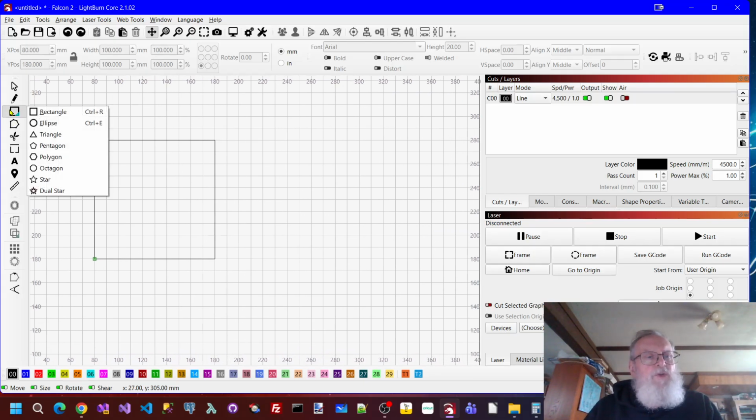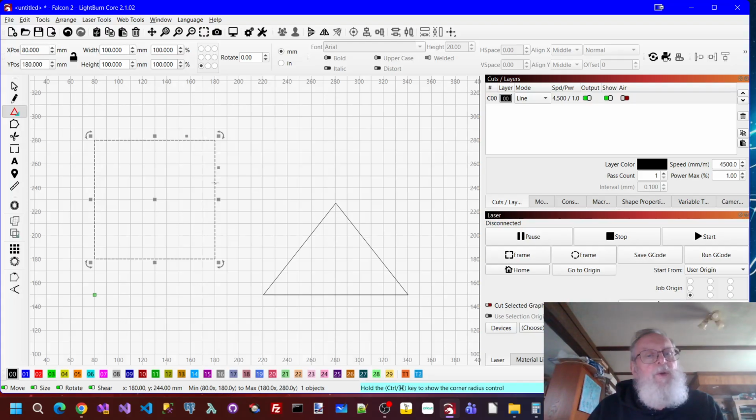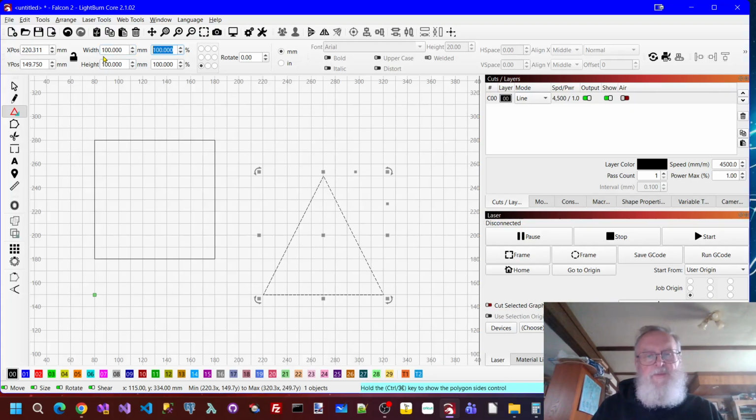Now, as I was saying, the triangle tool doesn't create a nice triangle. It doesn't create a right angle triangle. So how do we do this? Well, first thing, we know this is 100 by 100. So if I take my triangle and make sure it's unlocked, width of 100, height of 100. And I know my position, so 180 by 80. So let's change its position to